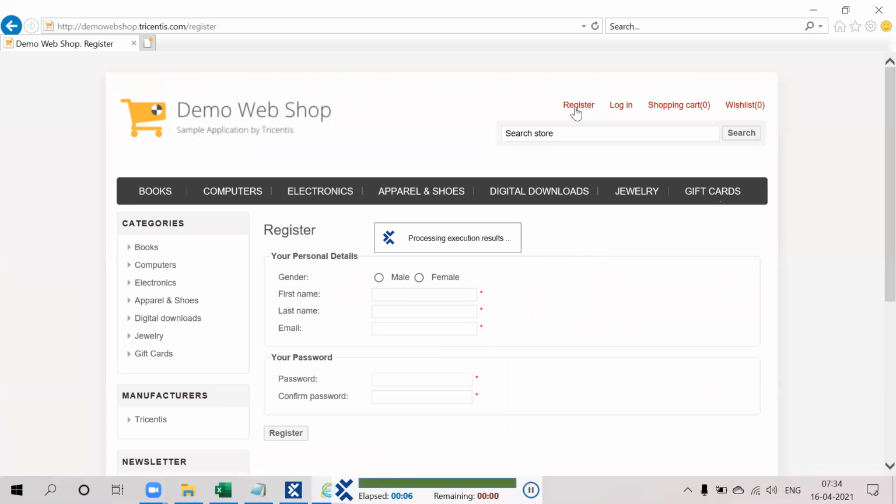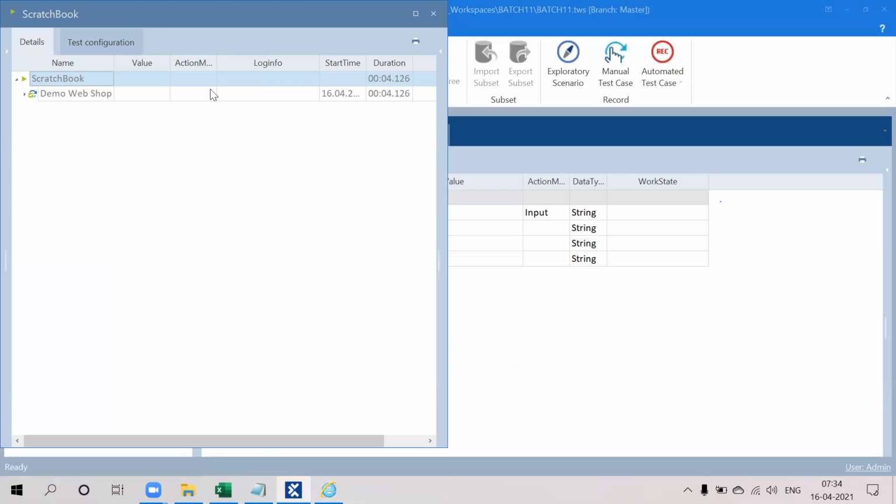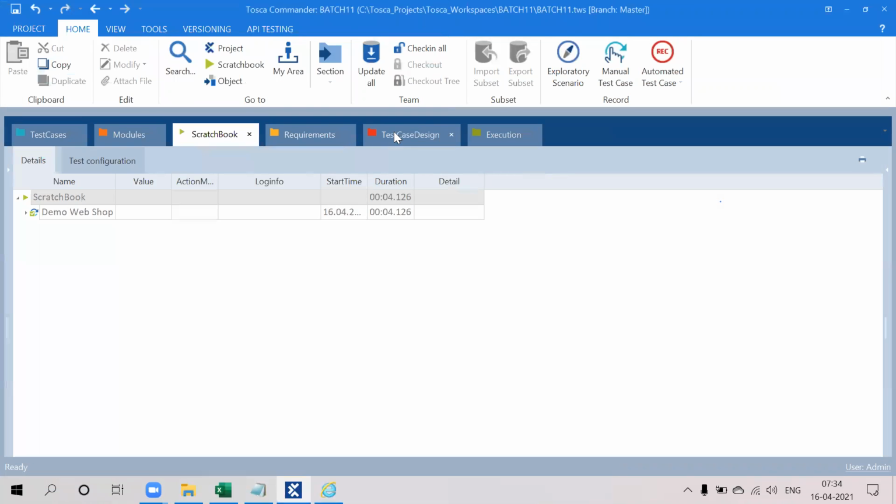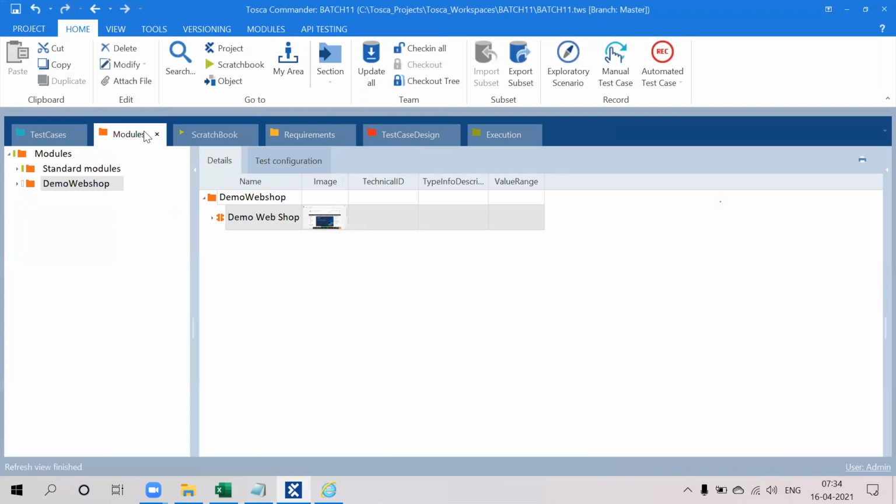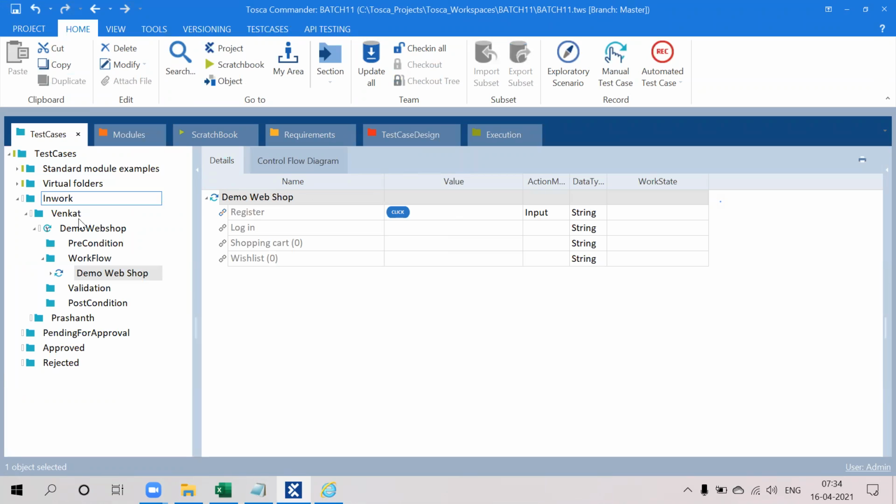Simple. I'm not writing any programming here, so everything will be inside Tosca itself. Whatever operations you are doing here, it will go and click. But you need to identify the objects uniquely when you are creating the module. This is the way Tosca will work.